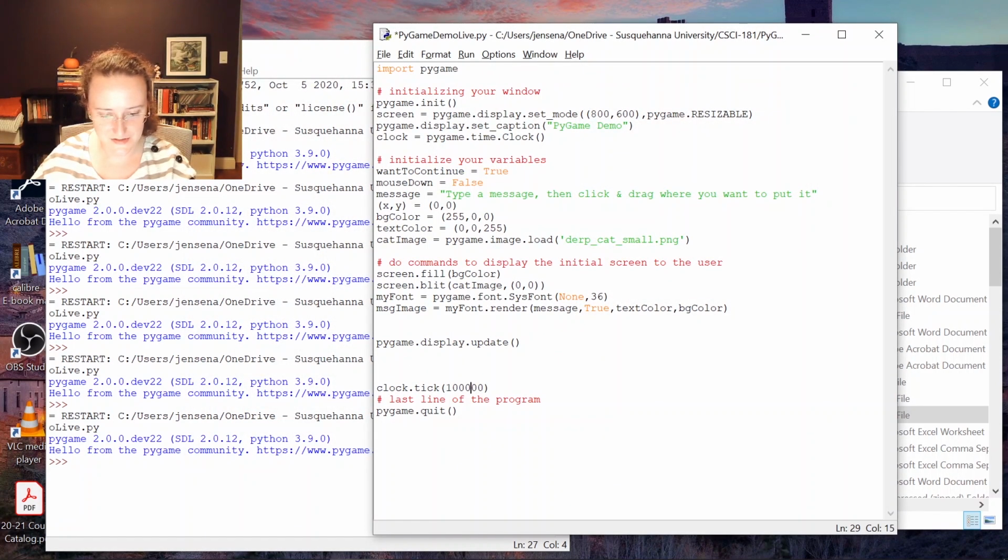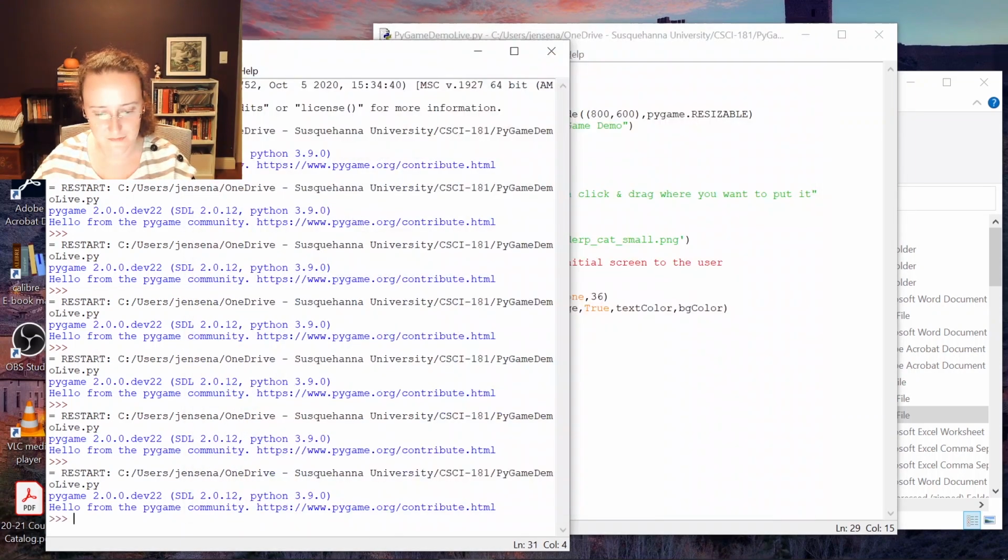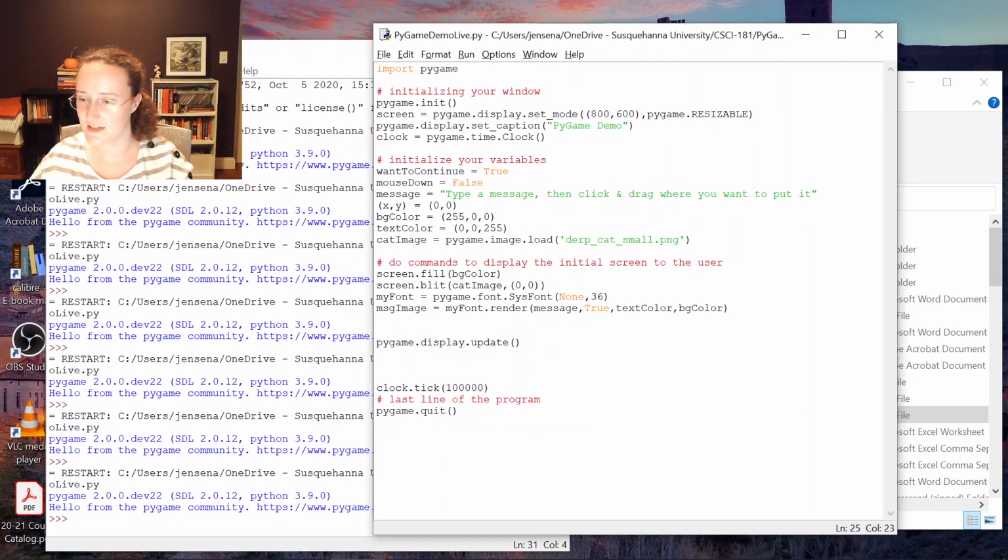It's really not getting much longer. Hold on. I might be using this tick argument wrong. I think I am. Let me pause this and look up what tick does. Okay, yeah, I was using it wrong. So this is for changing a setting when you're doing a loop. So if I just want to pause for a second,